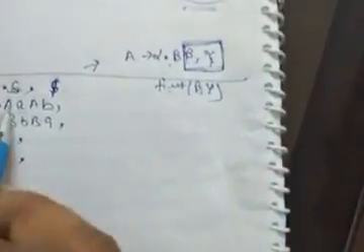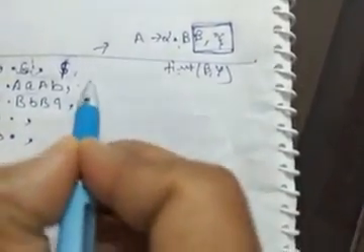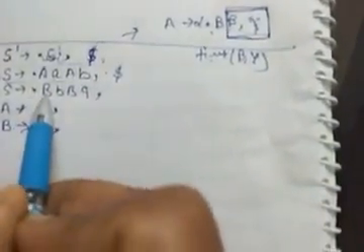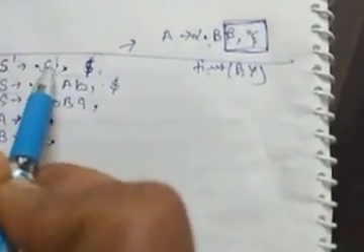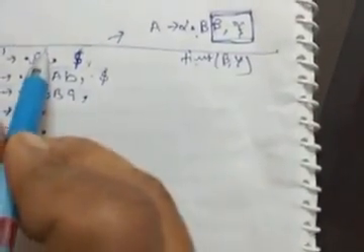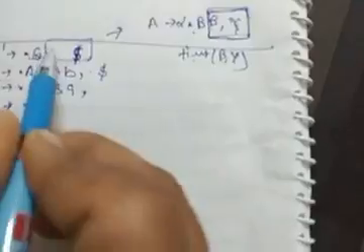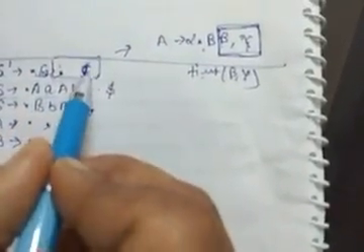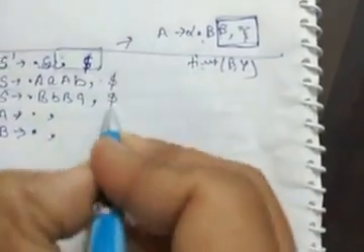Clear? So from this, if we find the second element, there is an empty, it means first of empty gamma, meaning there is only empty, so what will it be? Only dollar. Like this, it is also derived from this production. So the second element will be first of beta. First of beta means this beta is empty, so it will depend upon the dollar. So the second element will be dollar.